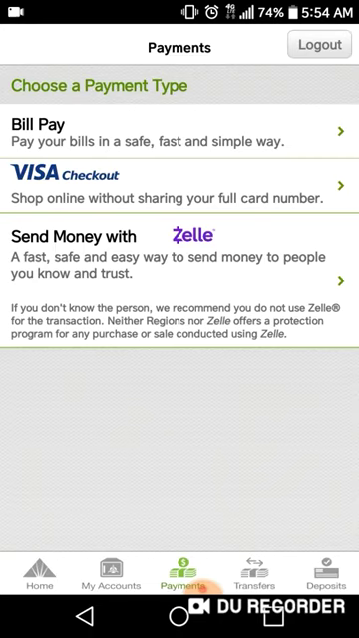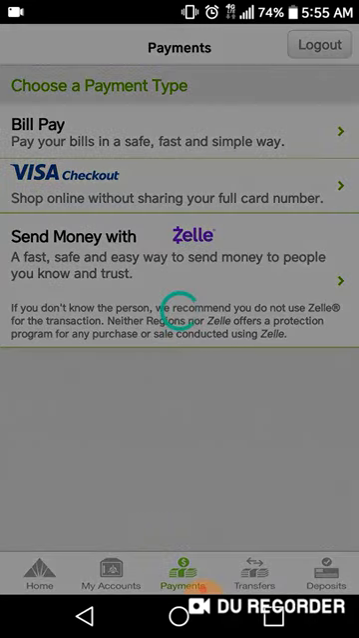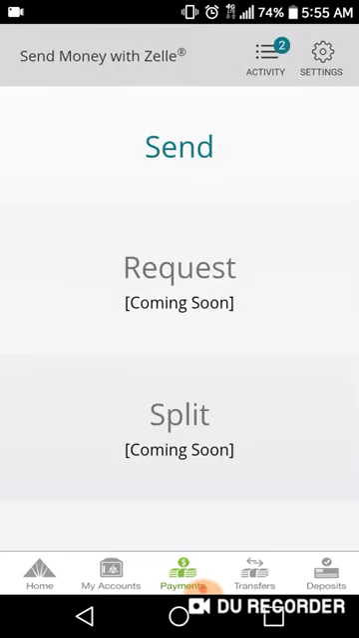All you would need to do is click at the bottom where it says Payments, which I've already got pulled up here, and either go to Bill Pay, Visa Checkout, or Send Money with Zelle. You can click Zelle if you're trying to send it to another bank account. Easy. All you need to do is have the checking and routing number that you're wanting to send it to, the bank, whichever, and then you can either request it, split coming soon, which is not available yet, or you